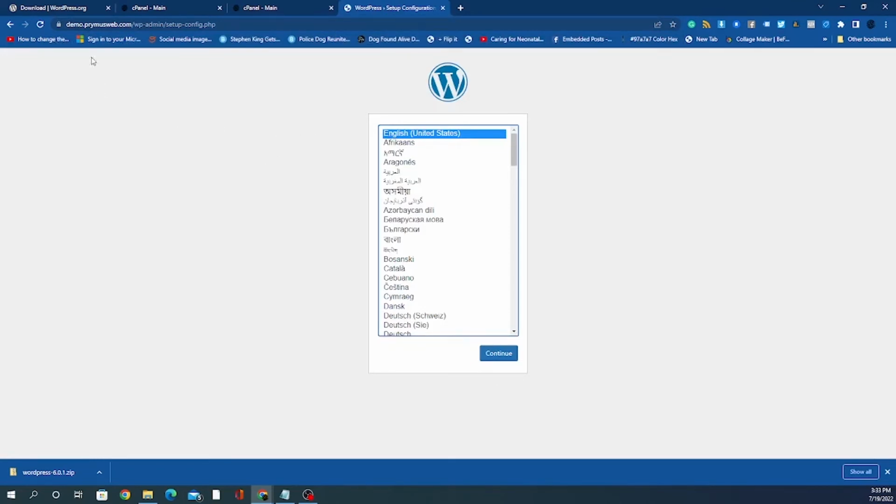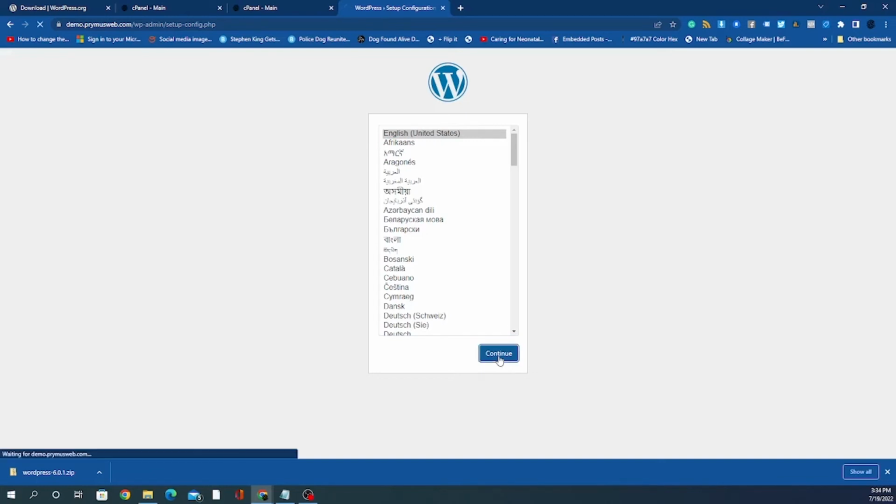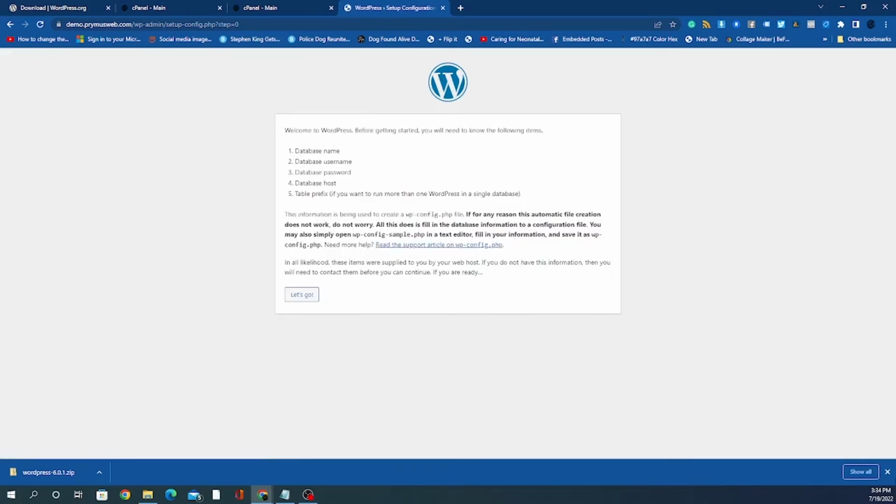Okay. So I'm going to choose English. Notice how this doesn't have /WordPress there. It's just the domain, right? So you see how moving the files to the root folder of the domain is the most professional way to install WordPress. We don't want users going into separate directories, because that gives away what the website has been made by. And that's not good for being a professional organization and also